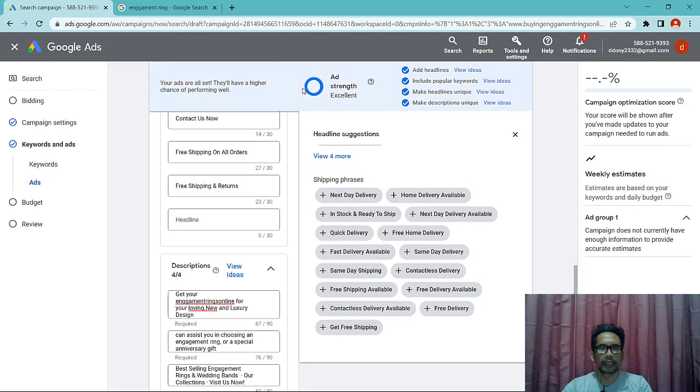Now you can see ad strength becomes full and excellent.